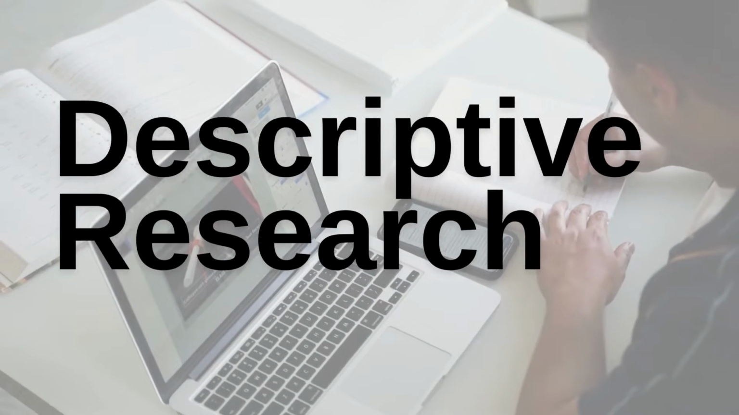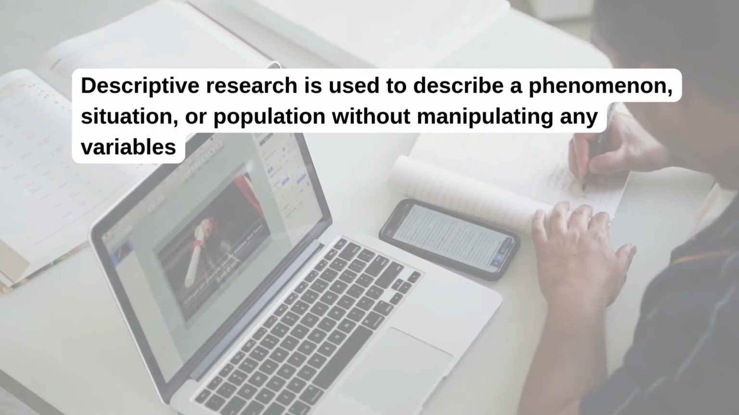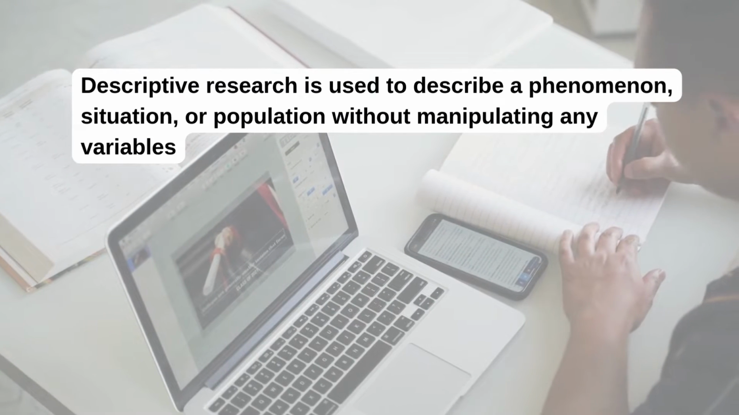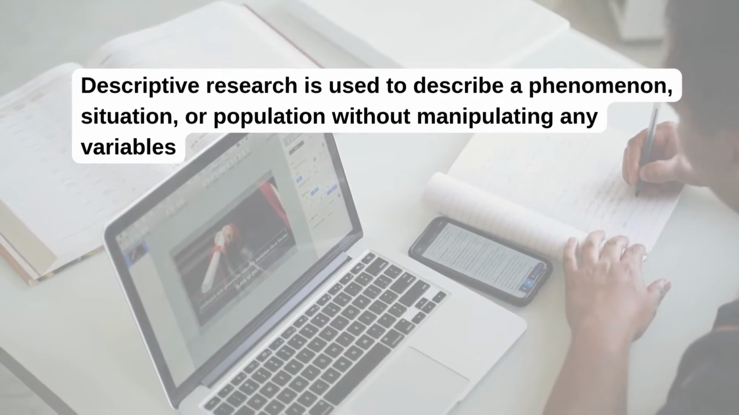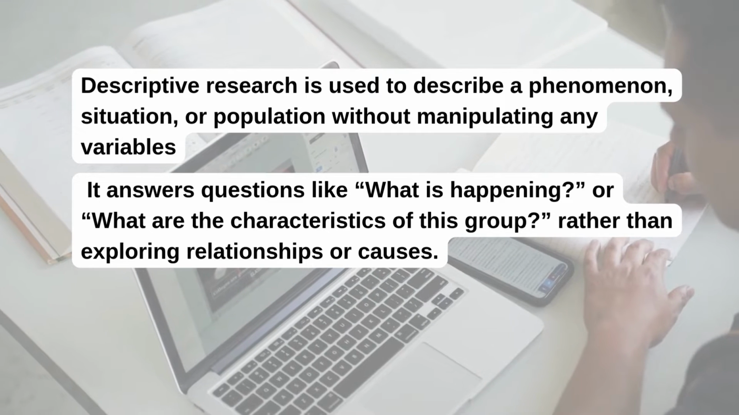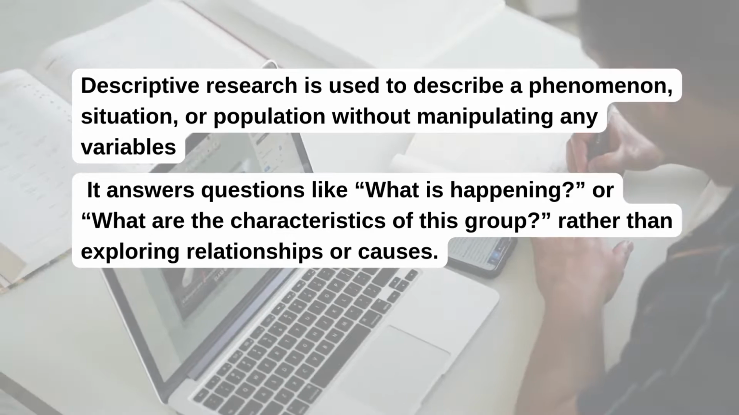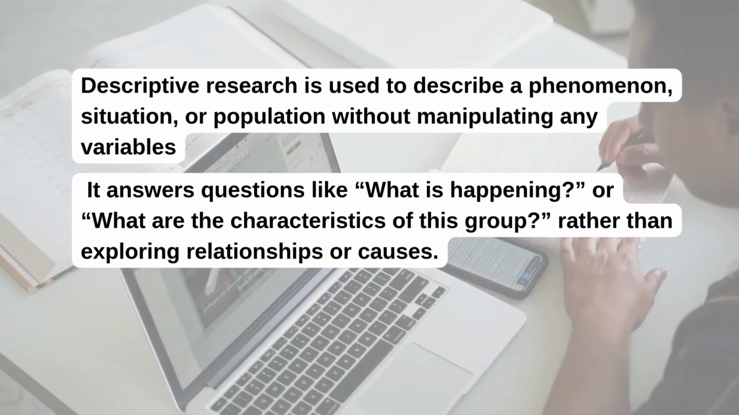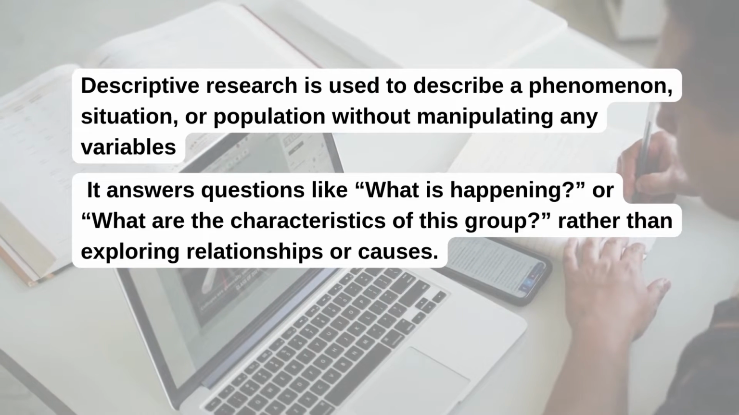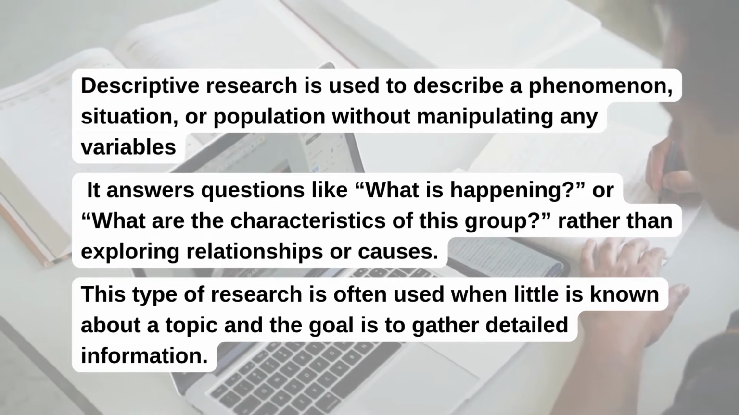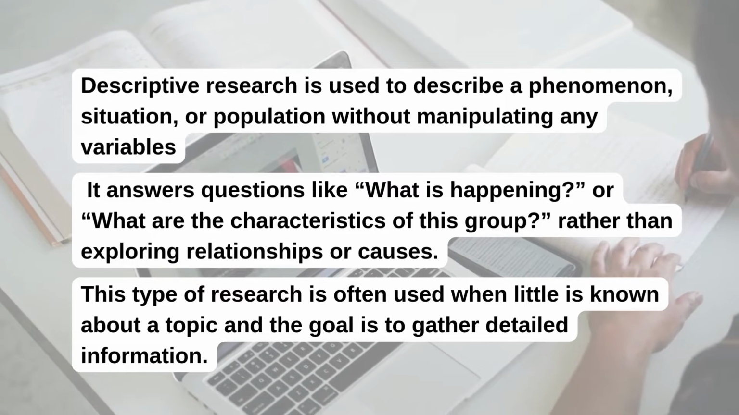Descriptive research. Descriptive research is used to describe a phenomenon, situation, or population without manipulating any variables. It answers questions like, "What is happening?" or "What are the characteristics of this group?" rather than exploring relationships or causes. This type of research is often used when little is known about a topic, and the goal is to gather